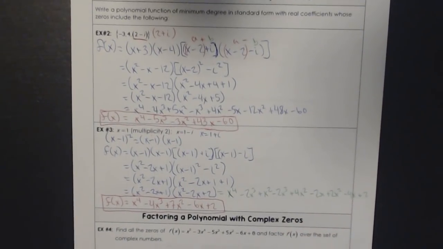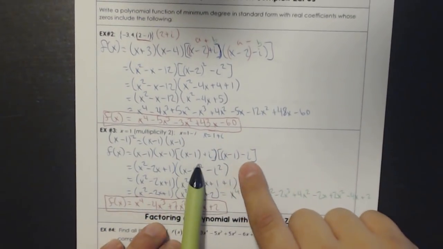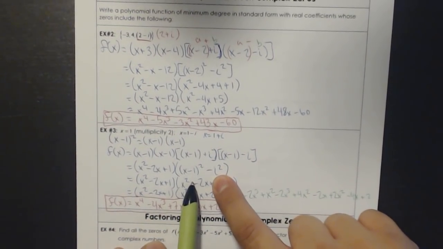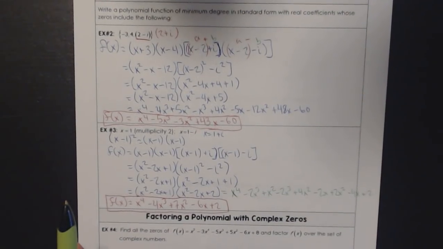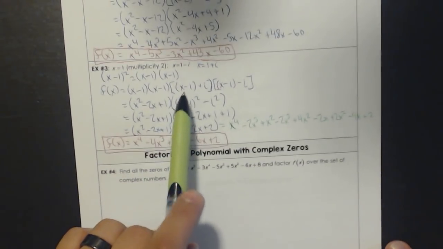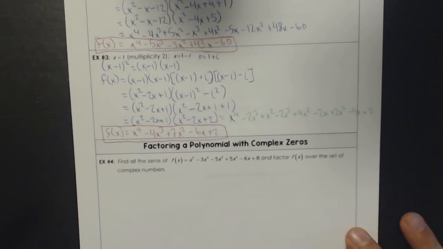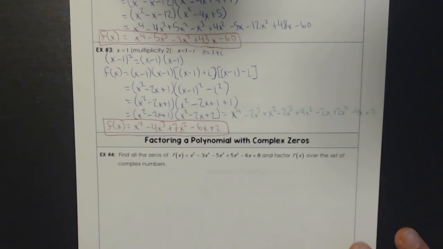All right, so all we're trying to do here is write things into standard form of some form of a polynomial. In doing so, you got to make sure you're paying attention to the complex zeros and making sure that you're using the difference of squares correctly. That's really the biggest trick to these problems. And if you're paying attention to that, it's not that bad of a problem. A lot of it's just a lot of multiplying and distributing and then combining like terms. Other than that, you just got to be paying attention to what your exponents are and making sure you're adding